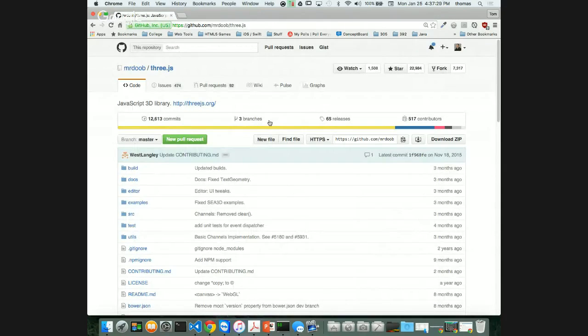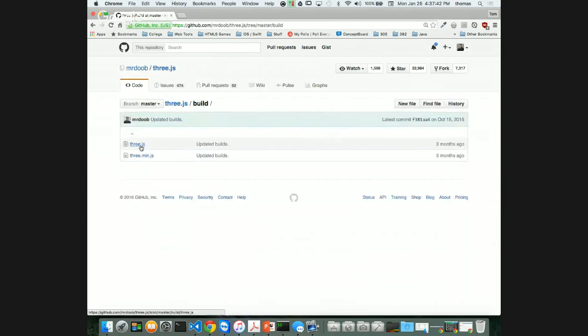This is where you get all the builds and everything else for 3JS, the actual GitHub repository. We haven't actually been here. We've talked about it. We've got it through Bower, but what if you want to get it by hand? So this is where you get it from. And if you actually look at 3JS, under build, I went to github.com/mrdoob/three.js/tree/master/build. If I go there and take a look at the 3JS library, and I'll go back in a second to show you how I got there,